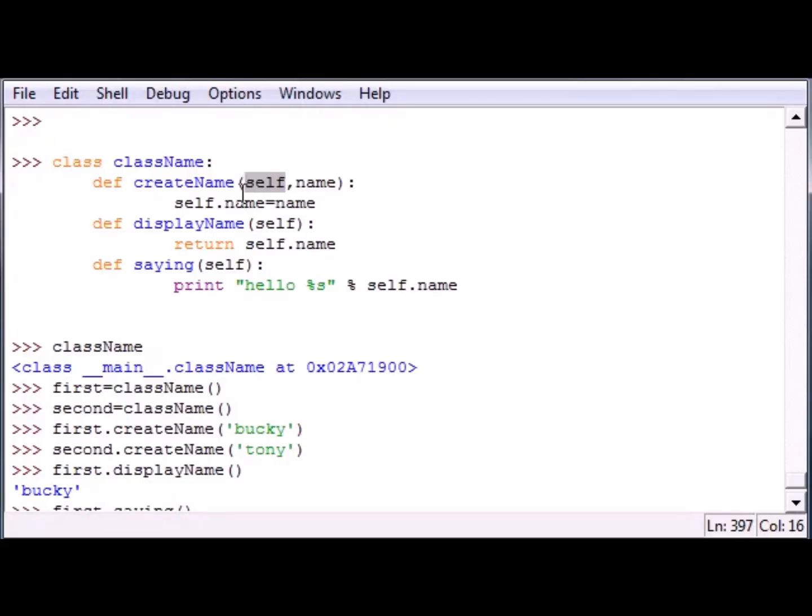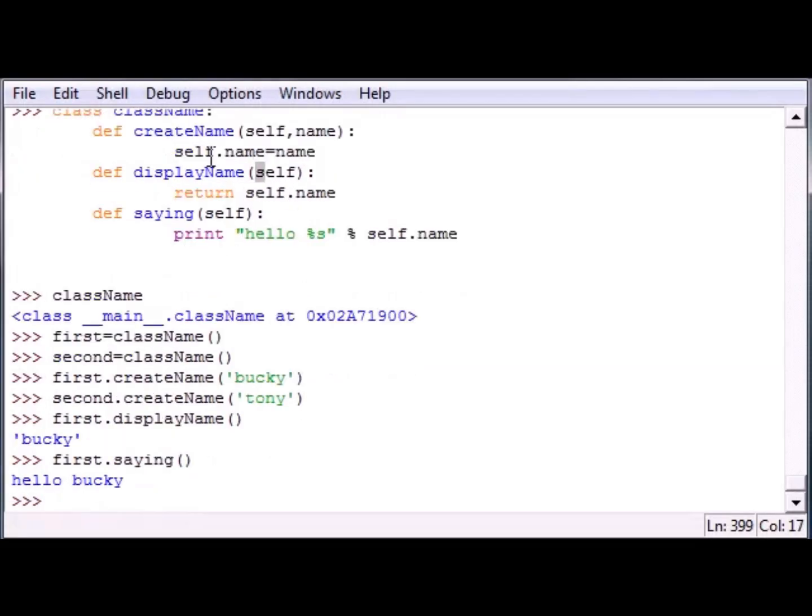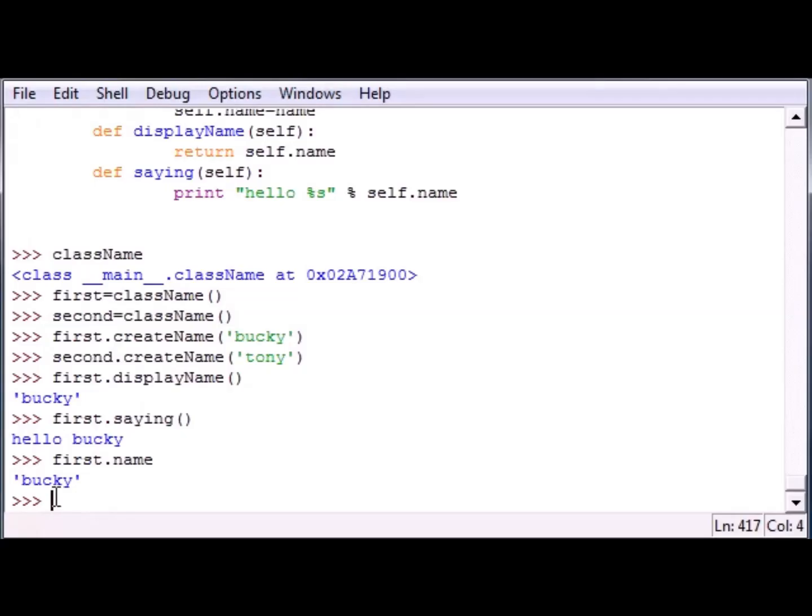Now after we name self, we can fill it in by creating an object. Once we create an object, it takes self and replaces it with an object name. So if you put self.name, let's see, self.name equals name. If we put first name, it would be Bucky, because the object and name of first is Bucky. And I know this is kind of confusing now, but